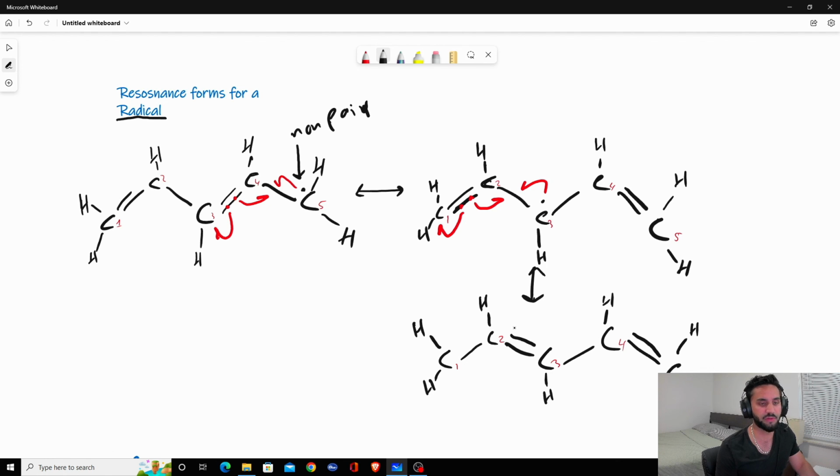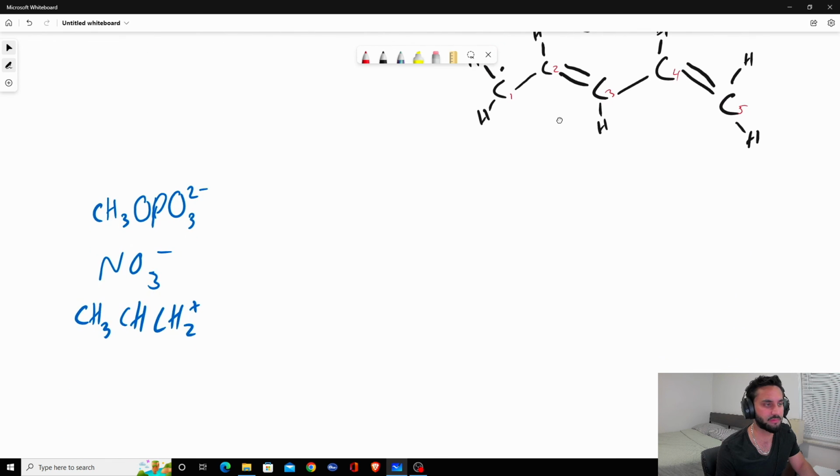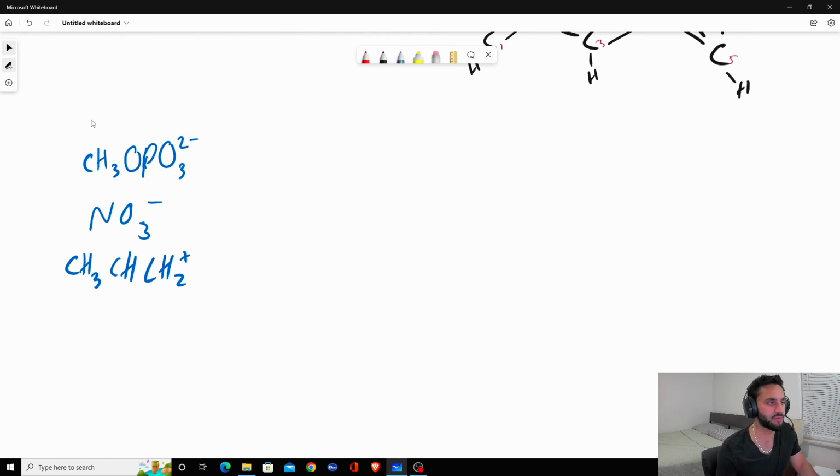And there is a non-bonding electron on C1 now, just like that. Alright, yeah, so you can see there are 3 resonance structures for this radical molecule. Alright, let's continue with our examples. Here we have this molecule. Let's draw the resonance structure for it. So first, let me draw the